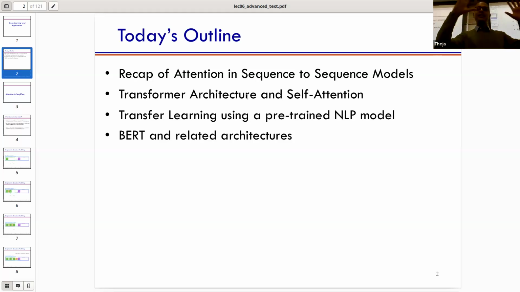But within the translation application, we'll talk about the new architectural element that we're going to define, which is the transformer layer. It will have transformer blocks and some details related to that. In particular, we'll look at one detail called self-attention.